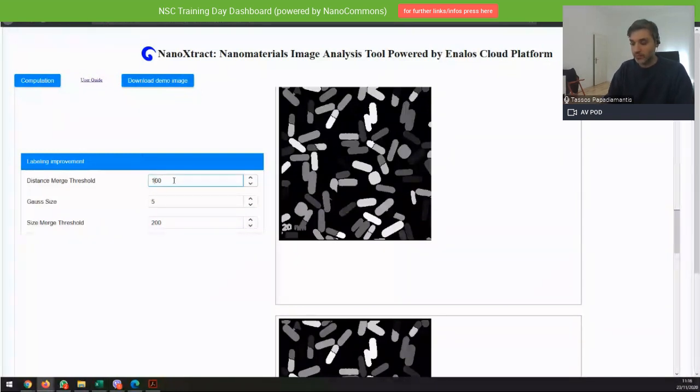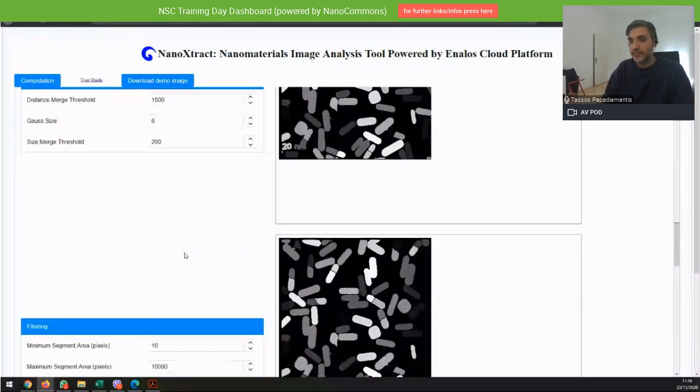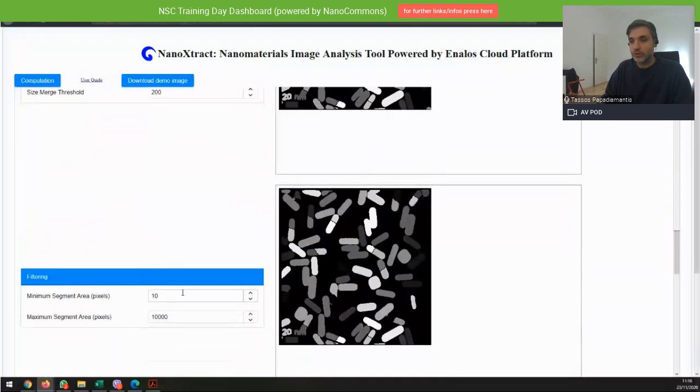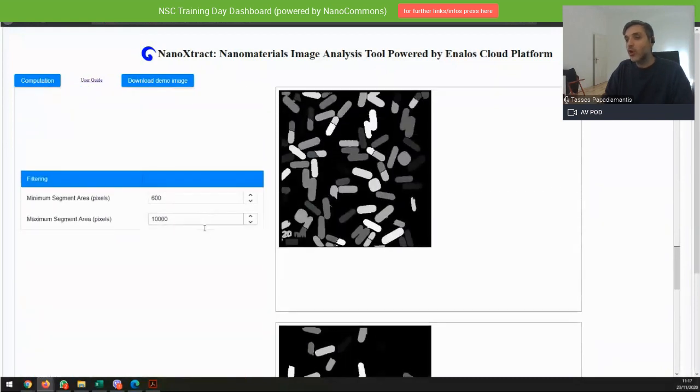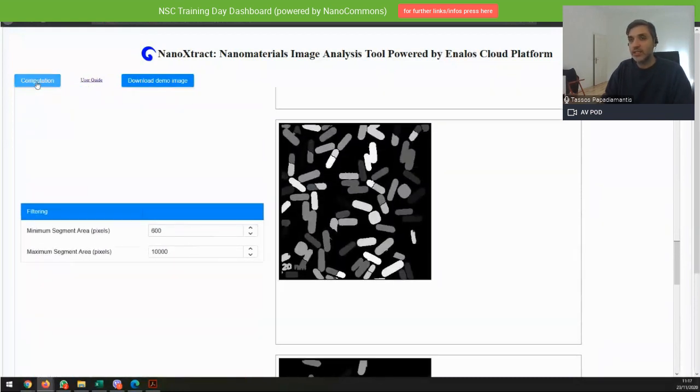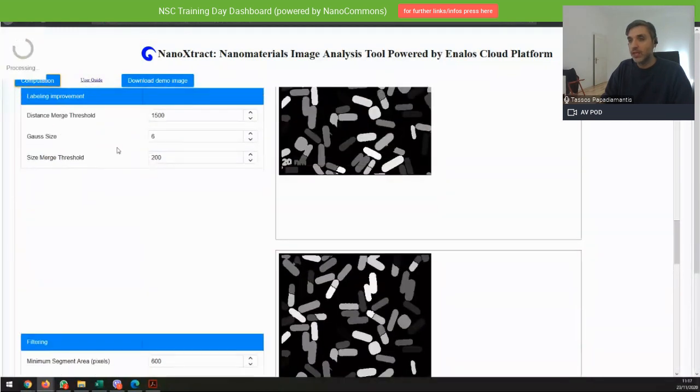Now, to cheat a bit, I will add some pre-prepared values that I know work best. By changing the minimum segment area here, as I have told you, more or less what I'm going to do is remove all the halves that may remain and keep only the nanomaterials that are full rods and so on.